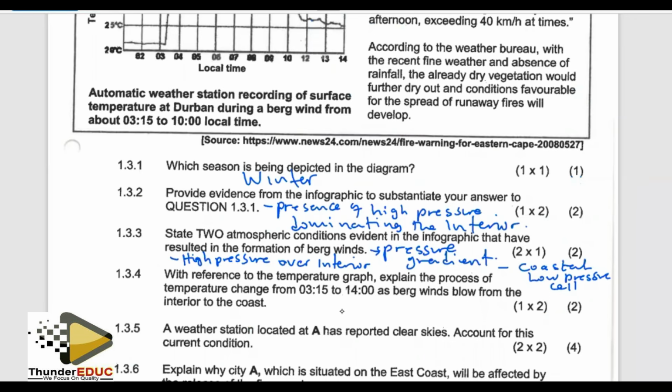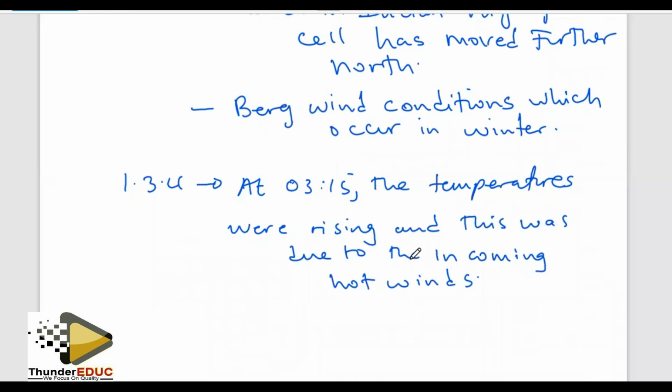I want us to explain why temperature was able to change from this to this. That's why here we said temperatures were rising, and this was due to the incoming hot winds,